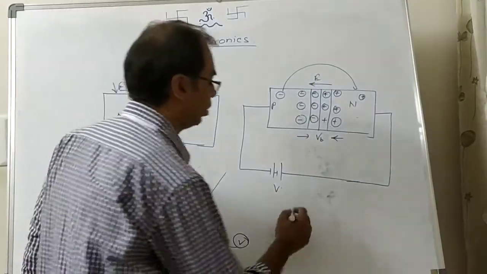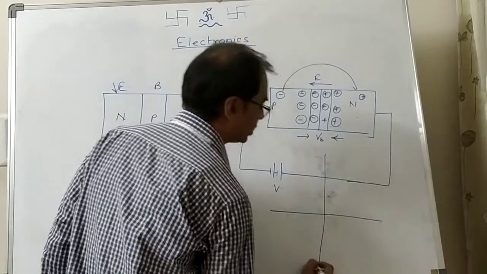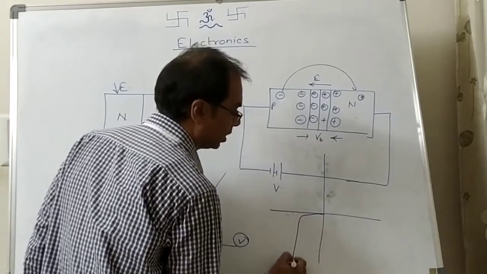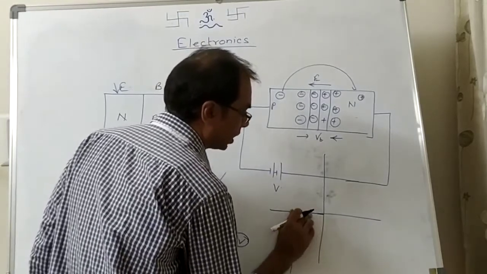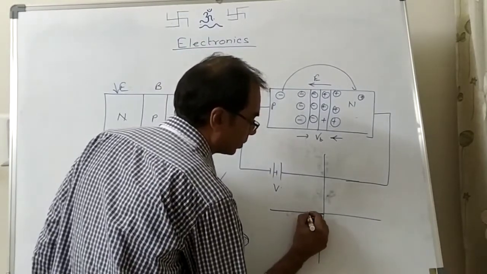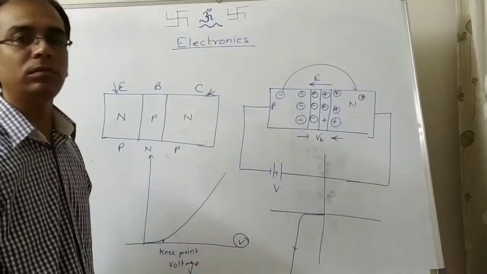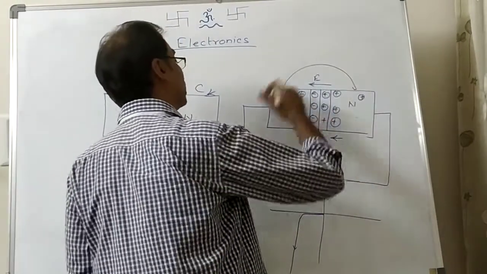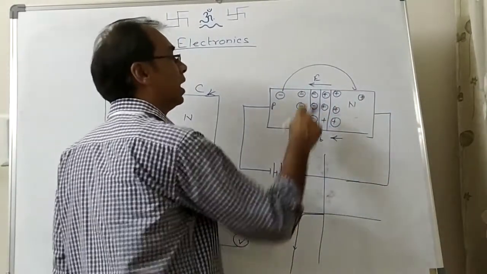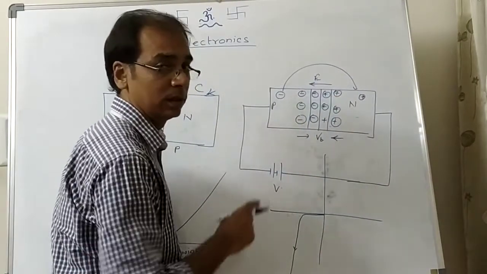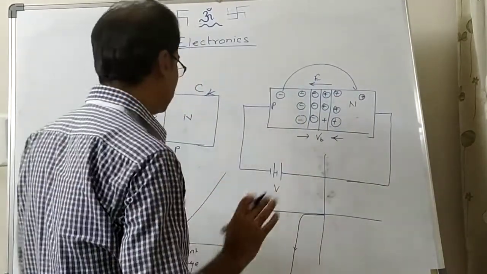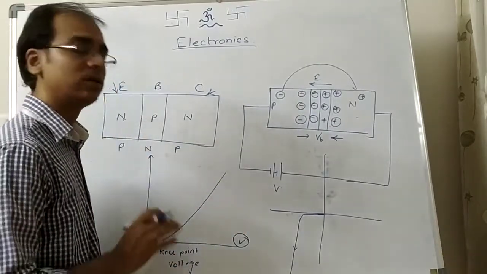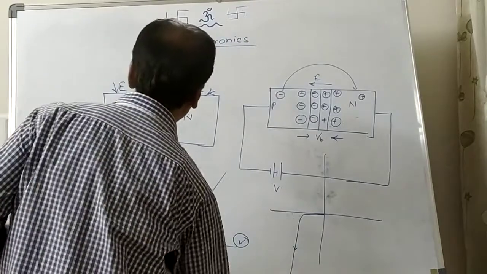Okay, very small. If you remember the characteristic of reverse bias, it was like this, and all of a sudden it will shoot. Okay, this is the current I am talking about. This current is because of minority charge carriers in reverse bias. So minority charge carriers are still able to jump with the help of the electric field of the depletion layer. So these 2 points, in forward bias and reverse bias, we have to remember if we want to understand the transistor. Okay, so let's see then.